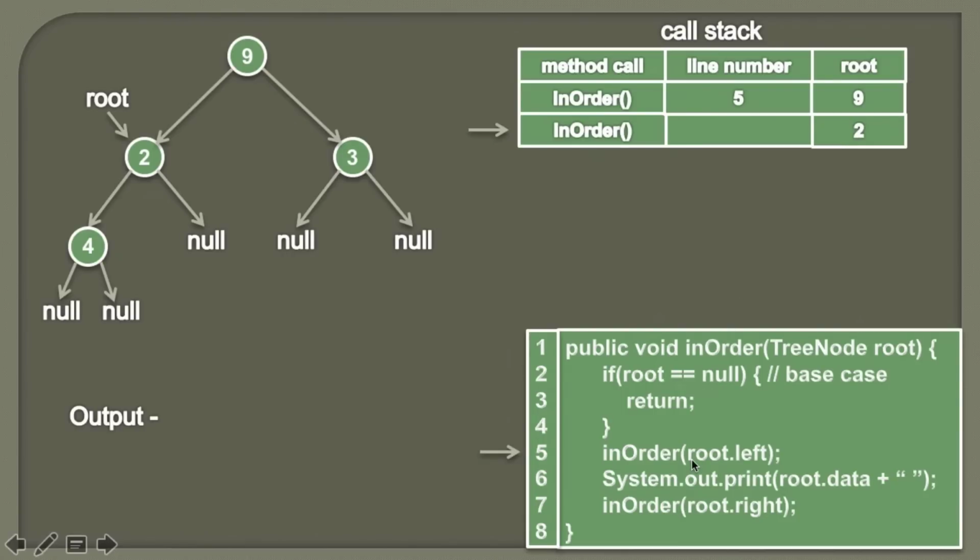So friends, as we discussed in the slide, before processing any node, we have to process its left subtree first. So in order to visit the node 2, we'll first have to visit its left subtree. Here we again call the inOrder method and we pass root's left. So here you can see root is pointing to the node 2 and we will call inOrder method and pass root.left, which is node 4. And as we are leaving this method, we will keep track of the line number.